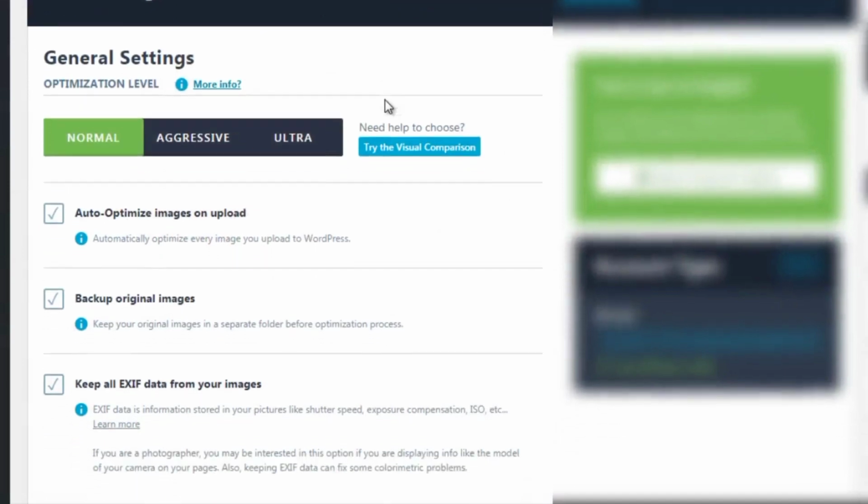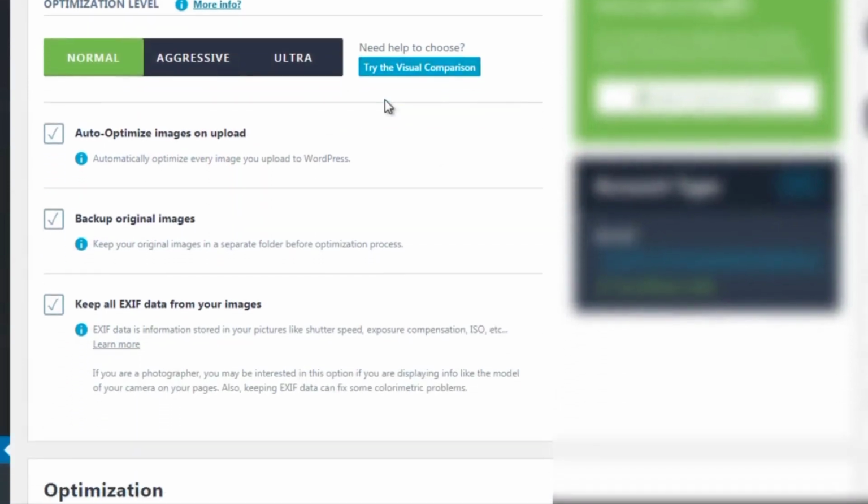Now, what I like about it is that you can auto-optimize images on upload. So that means any future images that you upload are going to automatically be optimized. And you want to check to back up original images, because let's say there's a problem and there's a mistake. You want to have the backup of the old images so that you can revert back to them